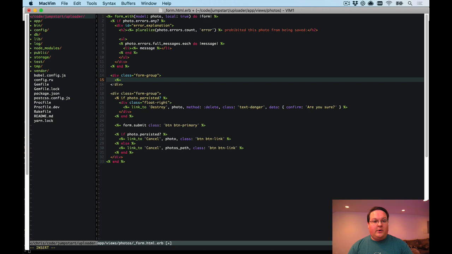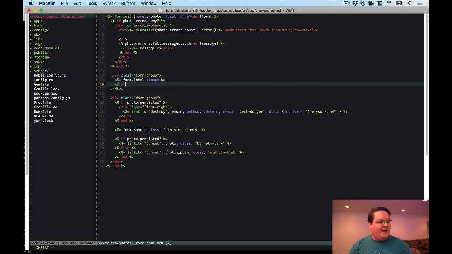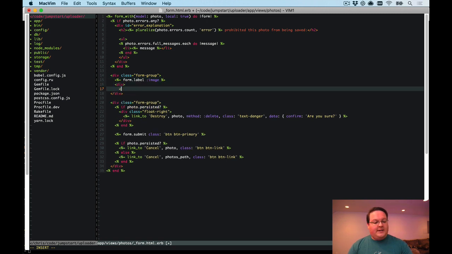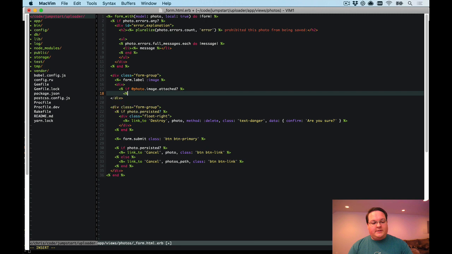So rather than doing a regular file field to have the browser select a file, let's add a label for our image, and then let's add a div here and say if photo.image.attached, let's display a preview. So we'll say image_tag @photo.image,